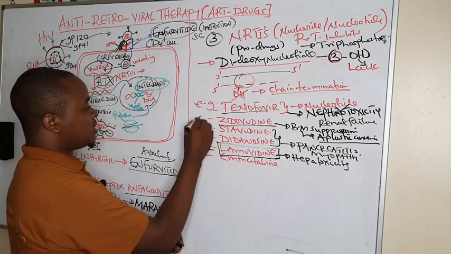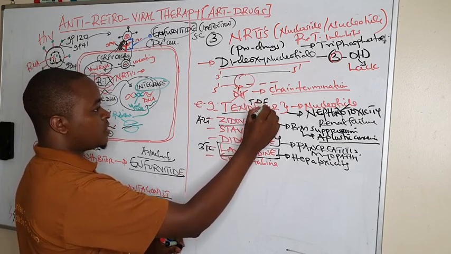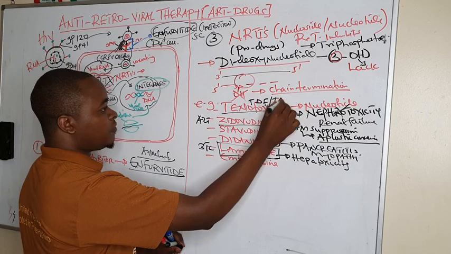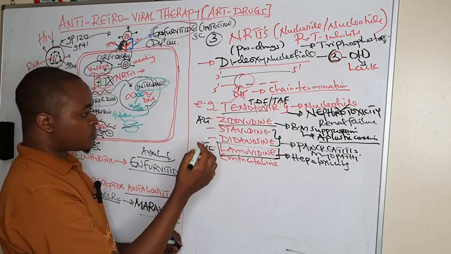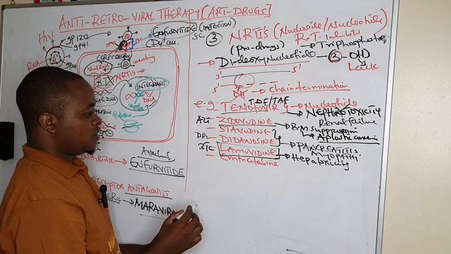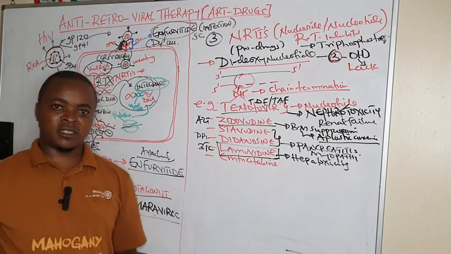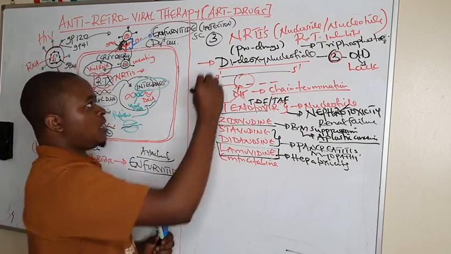This one is known as AZT. Tenofovir is TDF. It can be TDF or it can be TAF. Then didanosine is DDI, and so many others as we shall see. So this is what we can discuss under